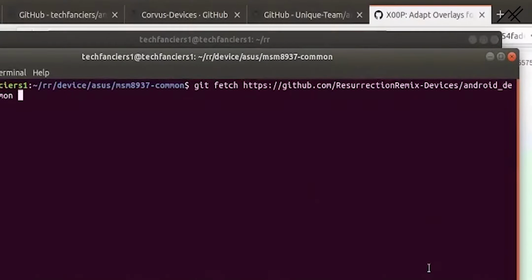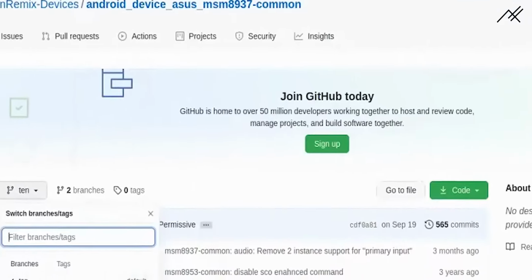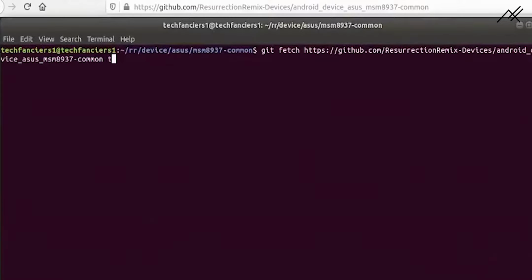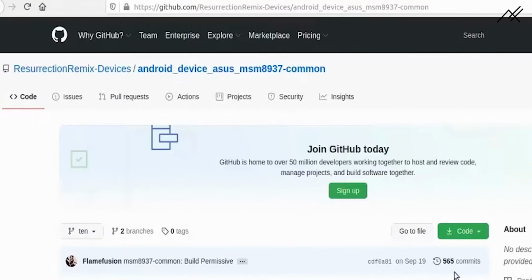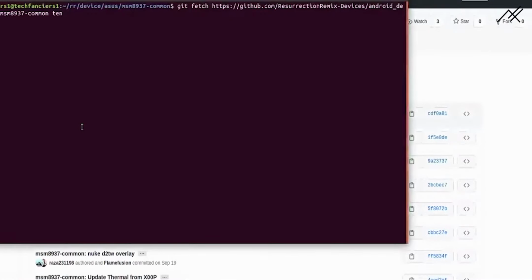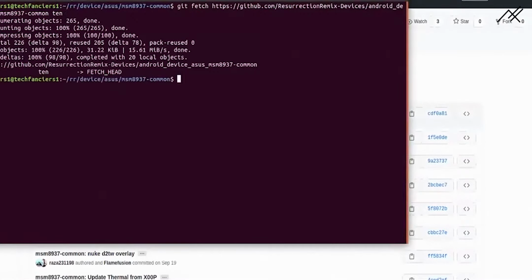After that I need to mention the branch which is 10. So I will mention 10, and then commits. So now this is the command, I believe. I may be wrong, so I just press enter. Okay, so now we have fetched, I believe I have fetched this one correctly, not sure, we'll check. So we have branch get 10. Okay, so the head is currently in 10.